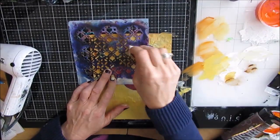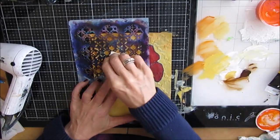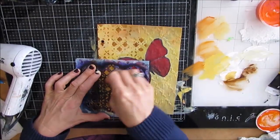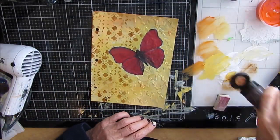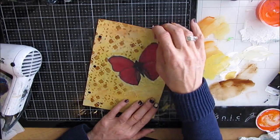So I grabbed this layered wallpaper stencil from the Crafter's Workshop, and I'm stenciling with burnt umber. And I want to build back that vintage feeling that I had, that old tattered wallpaper that also goes with the modeling paste stenciling that I did on the other side with the